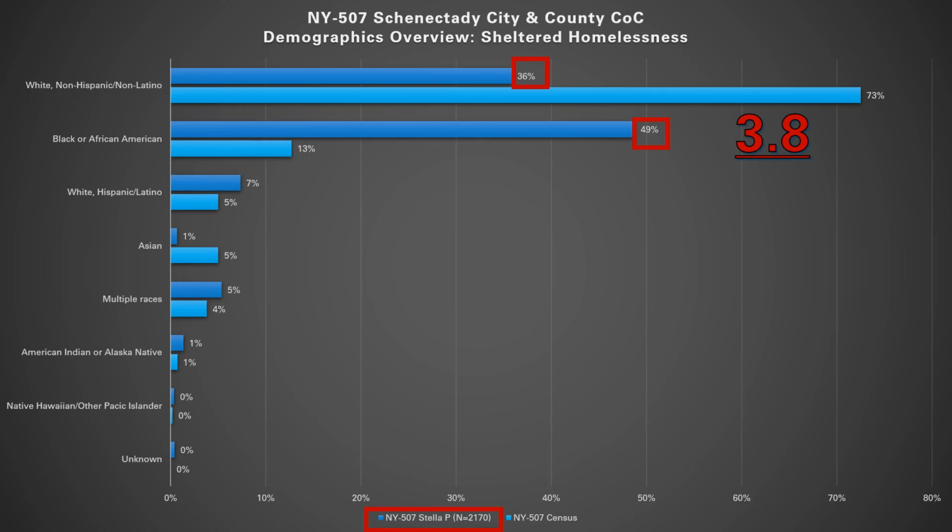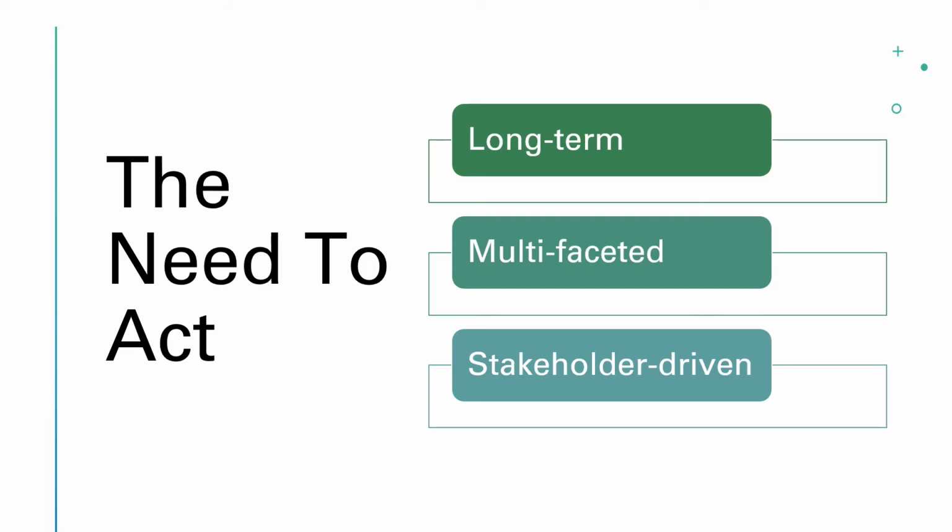Regardless of your community, there are institutionalized factors at play that cause communities of color to be extremely overrepresented in the homeless system. As the saying goes, the best defense is a good offense, and communities need to address these barriers and biased institutions proactively rather than reactively. Communities need to bring together all stakeholders to develop a long-term plan to overhaul civic institutions and processes that disproportionately harm communities of color.